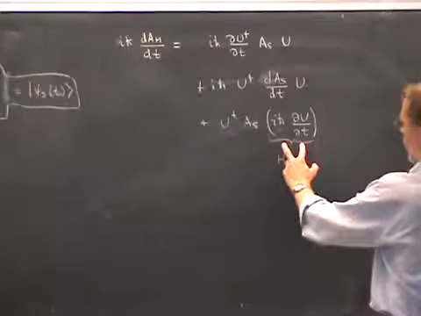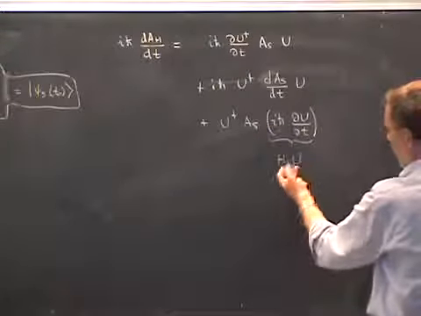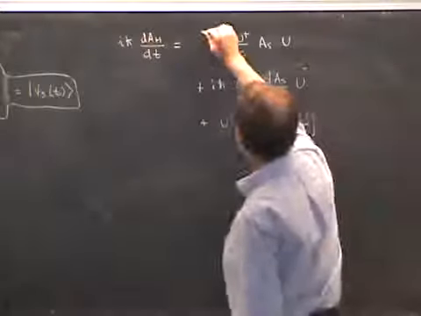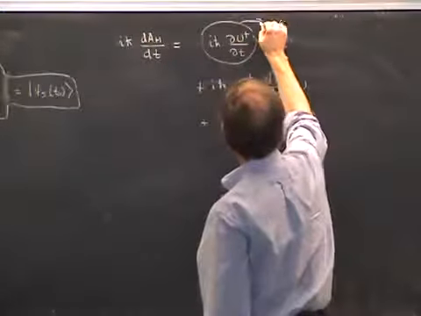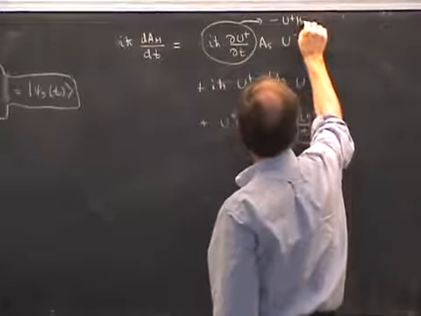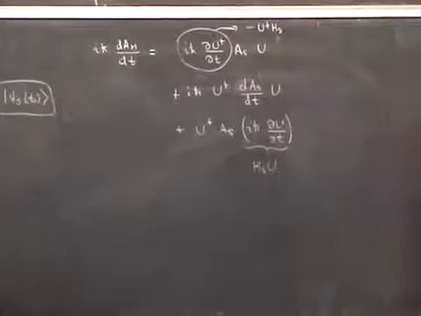And if I take the Hermitian conjugate of it, I get a minus sign because i goes to minus i, and a reversal of these factors, U goes to U dagger. So in fact, this first term that appears here can be written as minus U dagger times H Schrodinger. I don't have to dagger that because it's Hermitian.